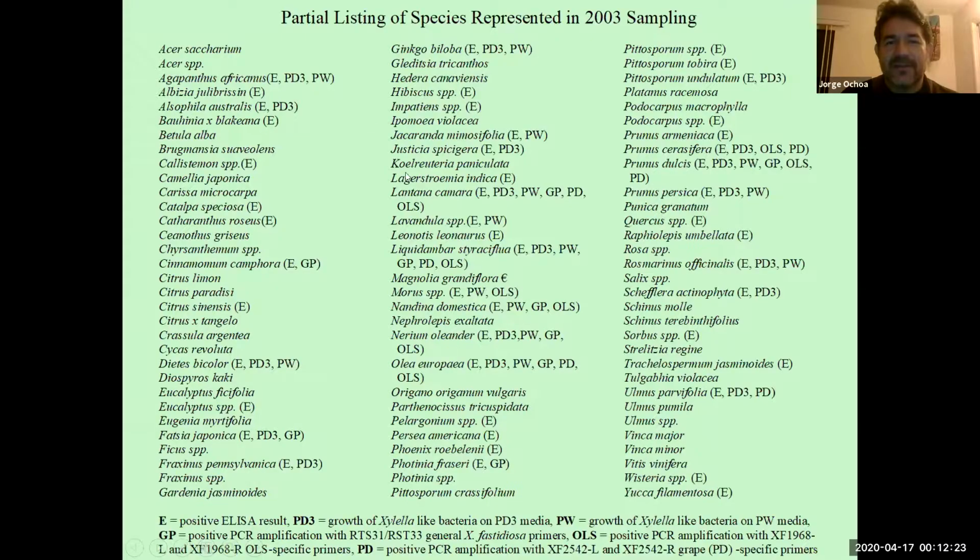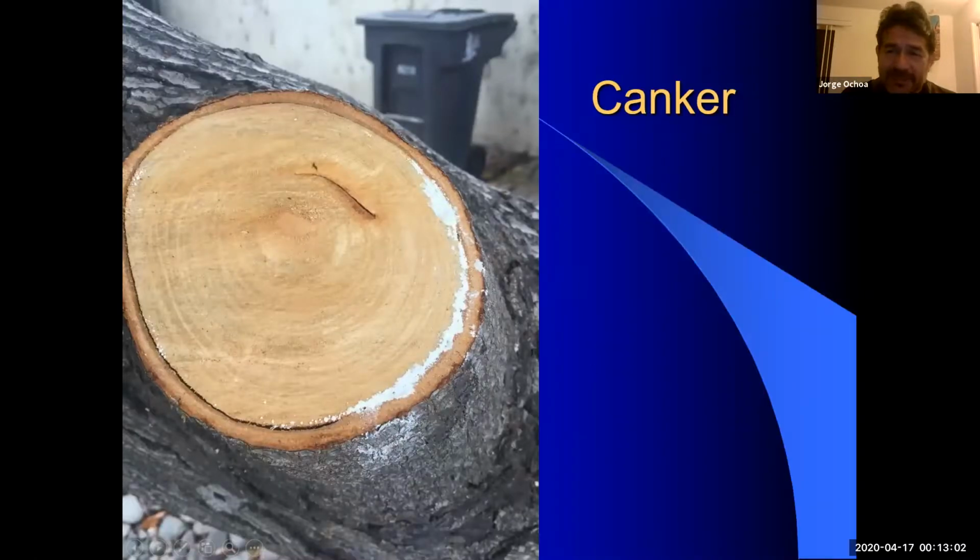And here's the real frightening thing, is that it affects every single plant as long as it gets infected. So it's not specific to anything. And every single year we're finding new plants that are now infected with this. And so it started with oleander, and then it moved to olives, and then American sweet gum, and then magnolias, and a bunch of other things. So here is a partial list of plants that have been sampled and found this bacteria inside them. So that was frightening.